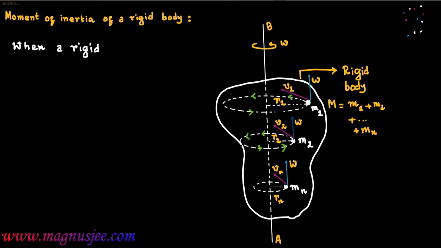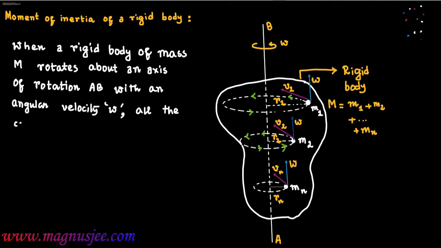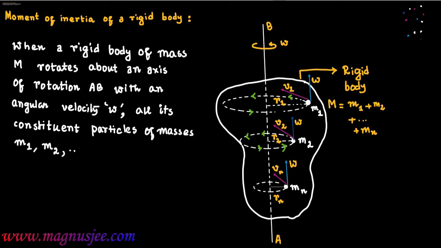When a rigid body of mass M rotates about an axis of rotation AB with an angular velocity omega, all the constituent particles of masses m1, m2, dot dot dot, mn